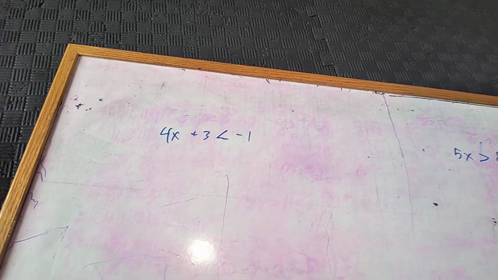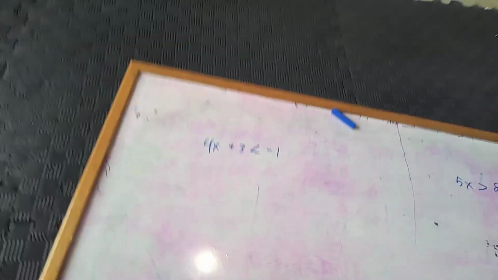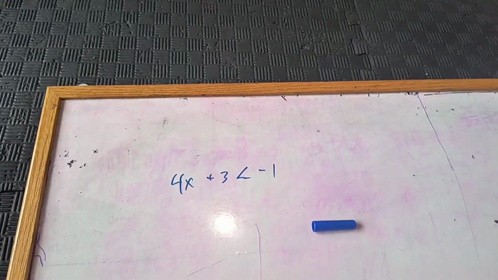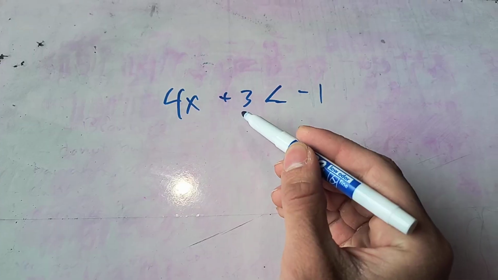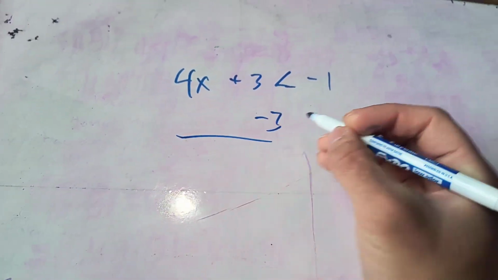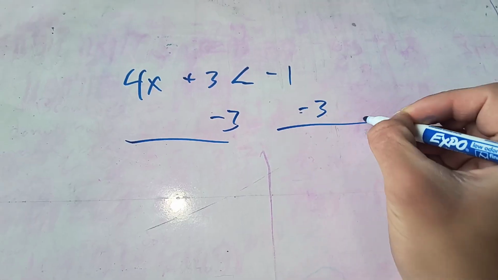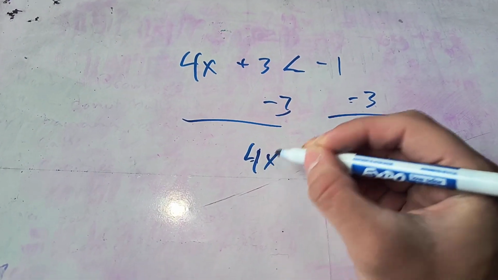Okay, we are going to solve some inequalities. We're going to start with this one. Okay, let's start by subtracting 3x from both sides. So minus 3x and minus 3x. We have 4x on this side